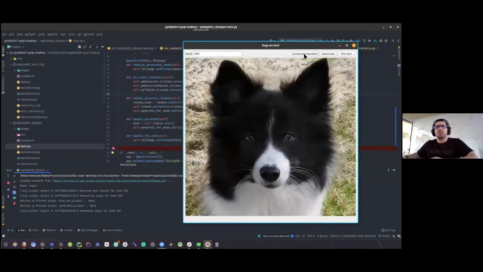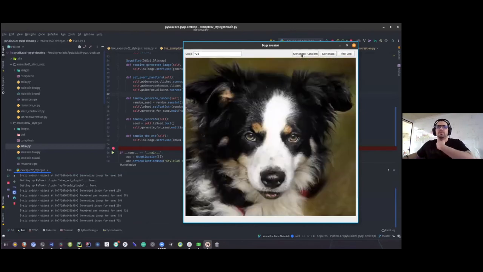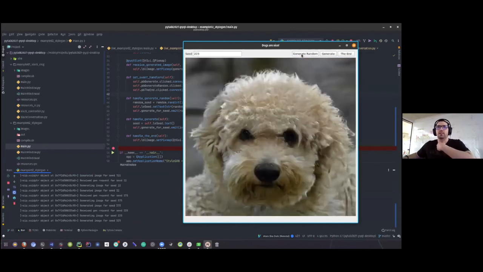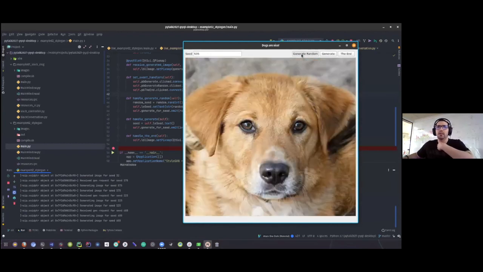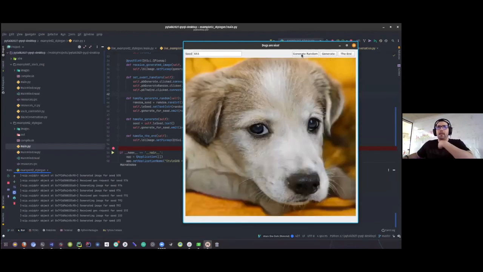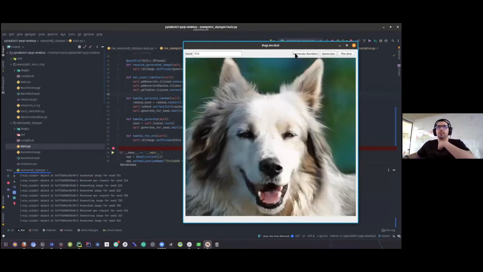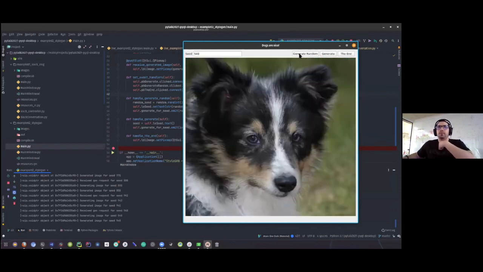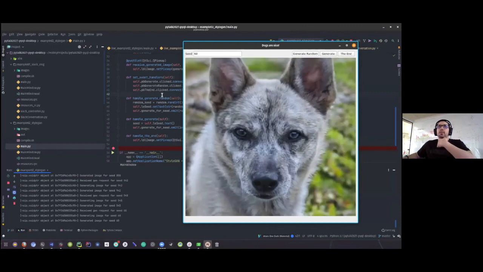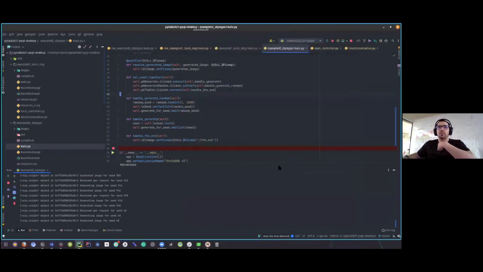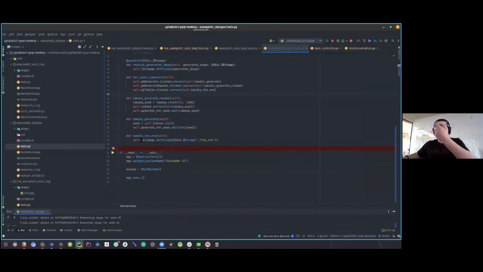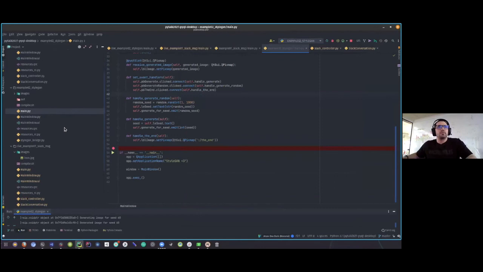So I can just generate some random dog. It randomizes the seed and shows you the images. All of these are generated in real time now. And yeah, we can play around with it. Of course, you can save the images anywhere you want. What I wanted to show is signals and slots. How is this working? It's just a small example of how we can use a thread